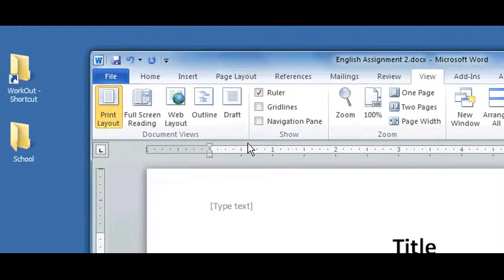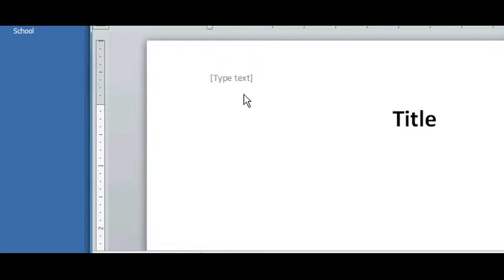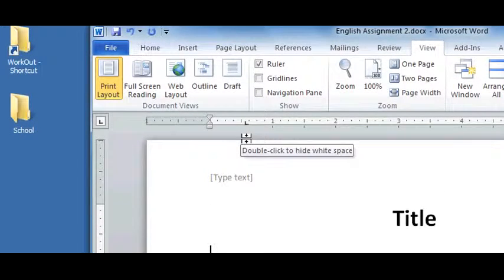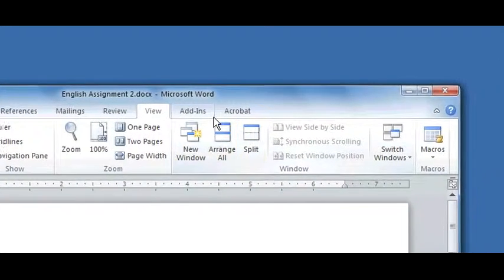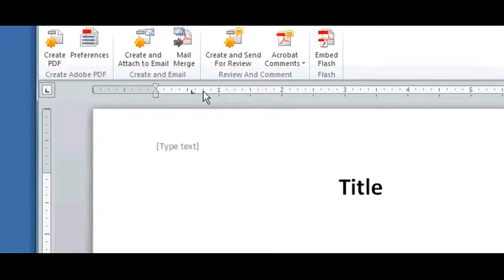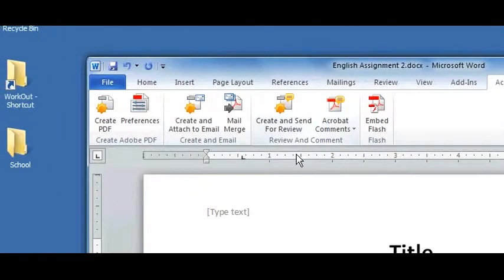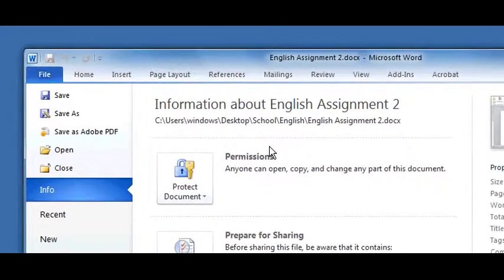So if we put in a tab stop, what that does for us, if we click onto this line, notice our tab stop. If I click tab one time, notice that my cursor goes over to this tab stop. That's something that you can use. We can also do things like arrange our windows that are open. Finally we have Add-ins and Acrobat. So that's a review of the main features of Word. You should experiment with them yourselves or use them as